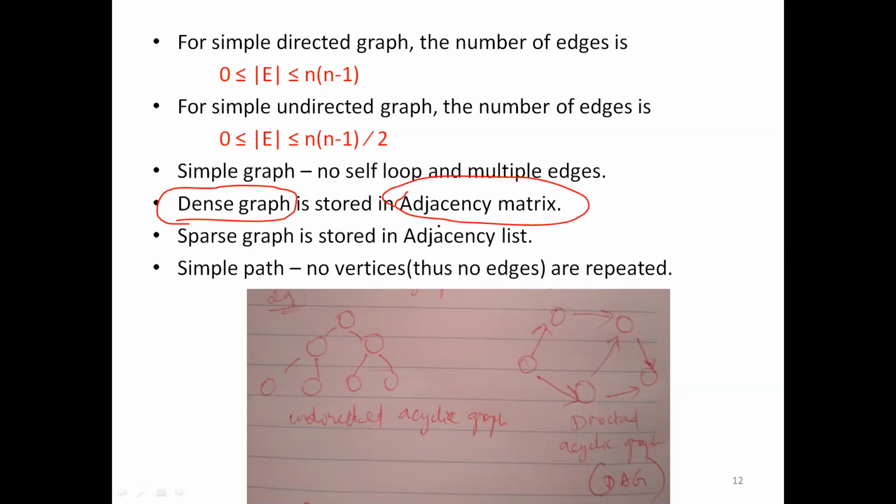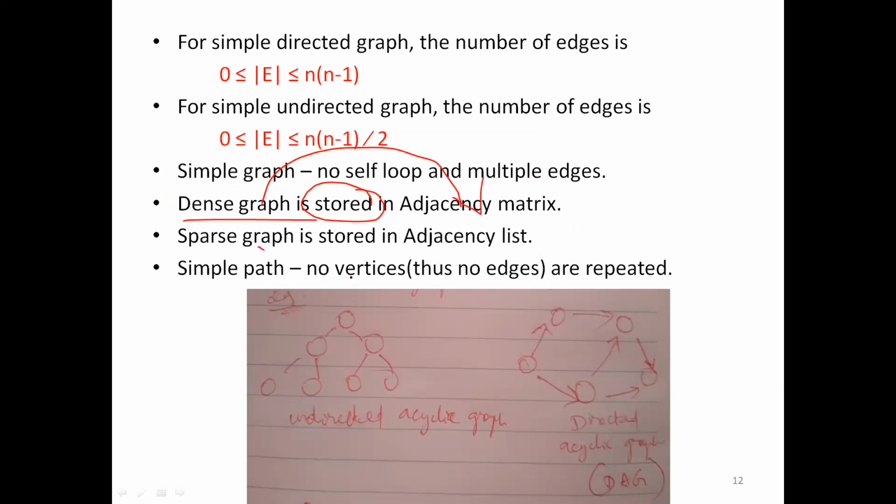Today's session is about the adjacency matrix and the adjacency list. We'll see the operations performed on the graph also, otherwise we'll do that in the next class. I hope you understand dense graph and sparse graph. It's about how you are going to represent, or store, or model the graph. It is good to model a dense graph using an adjacency matrix, and good to model a sparse graph using an adjacency list.